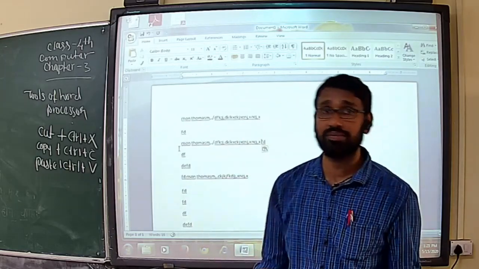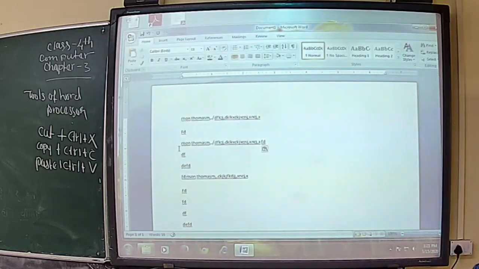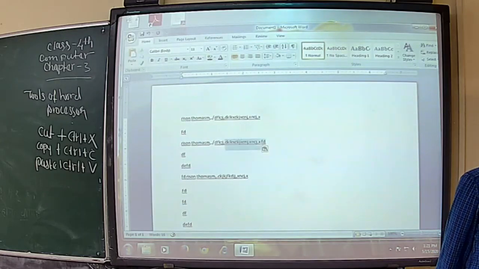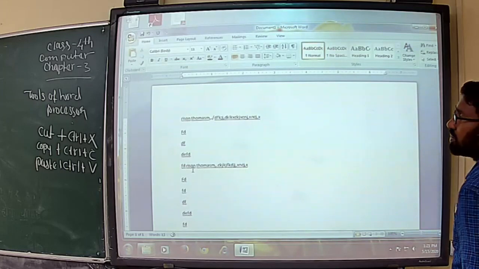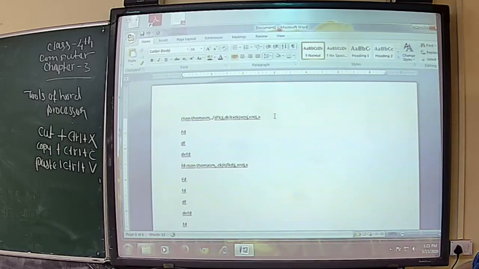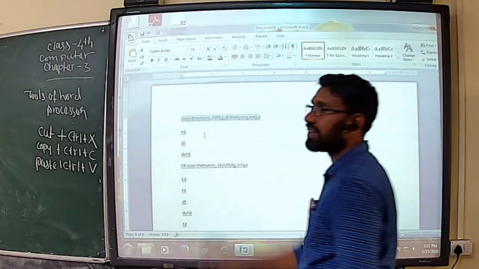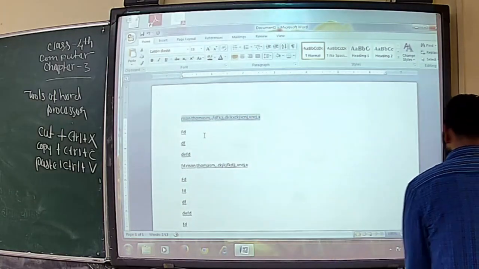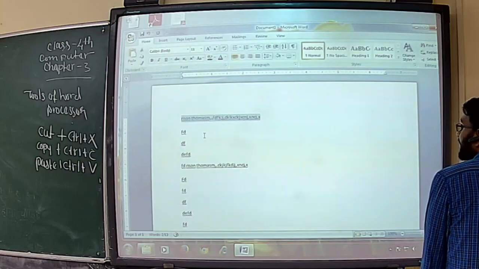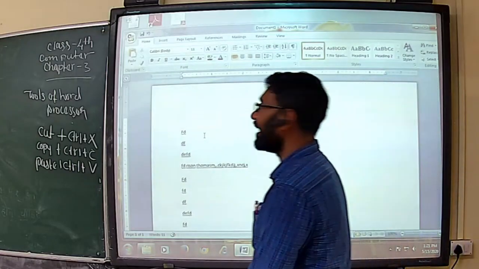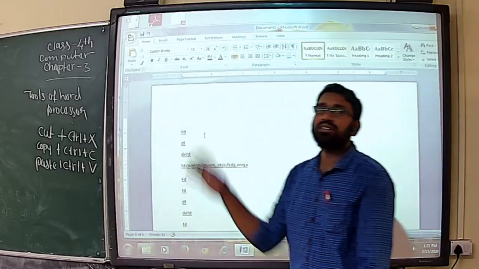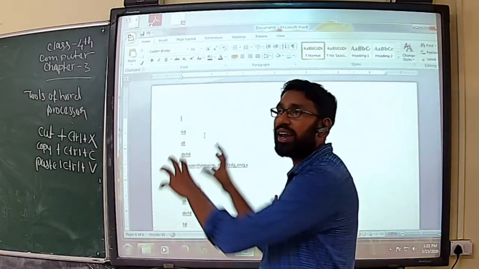Now we are going to learn how to cut and paste. For pasting I use the shortcut CTRL V. I'm going to cut the entire text, the first row text. So I choose the keyboard shortcut CTRL plus X. What happens? When we move or cut, the source text is permanently taken from that location.